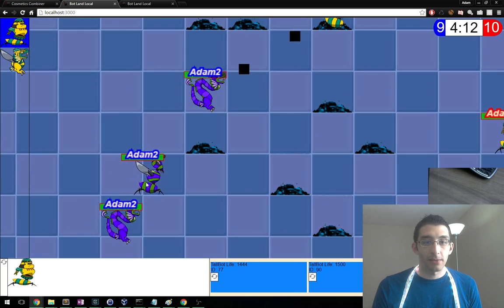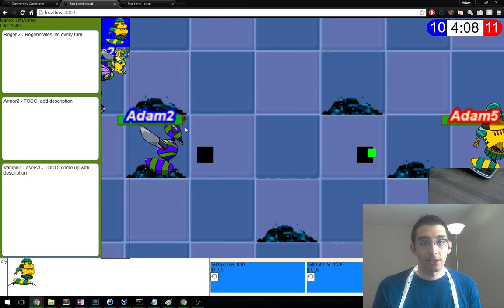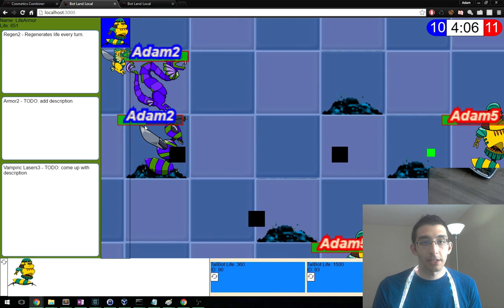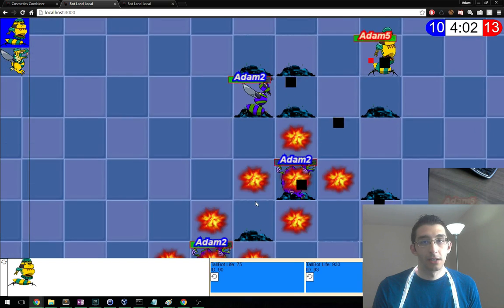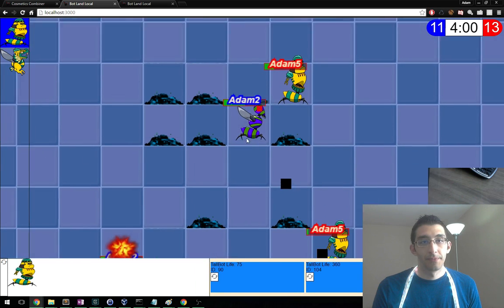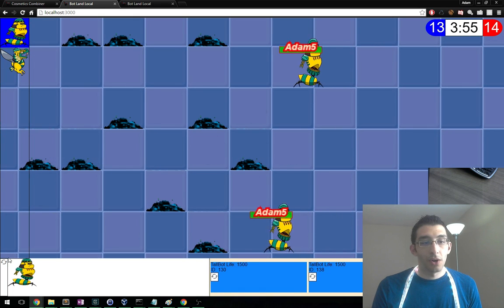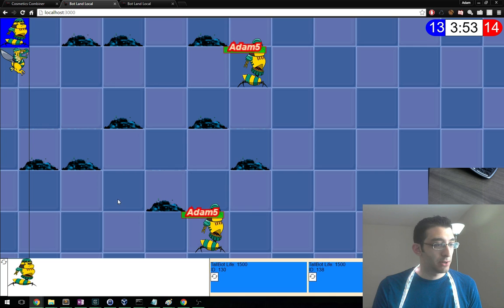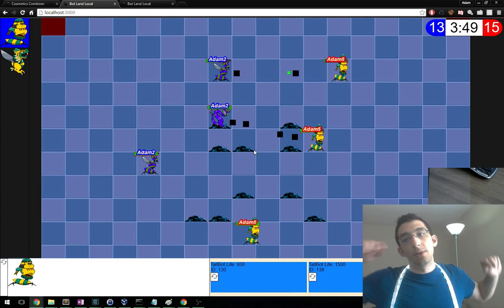Because what? Like, this wasp bot, how does this thing end up getting hurt? So it's got armor and it's got vampiric lasers. It did die. Okay. Oh, I'm not deploying the other one. The more HP you have, the more decisions have to be made. Yeah, and the other thing too is